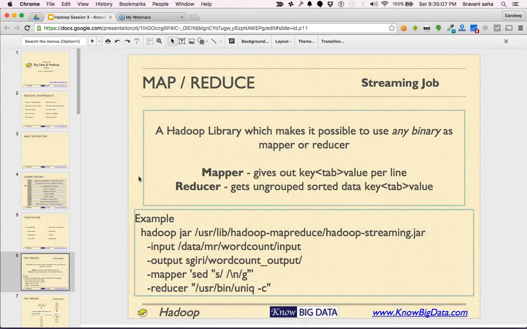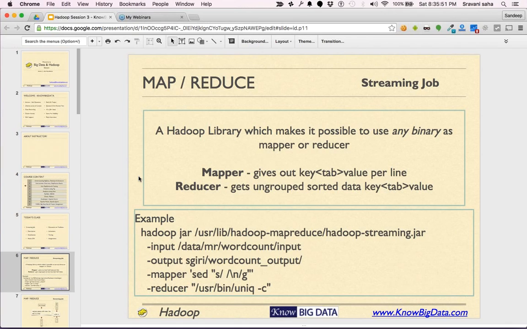Why am I talking about the Hadoop streaming library before Java? There are many people in this class who are not very well conversant with Java, but are conversant with one programming language or another. And we have already talked about pipelining of commands, right? Therefore, it will become extremely simplified. In my honest opinion, before starting to write MapReduce in Java, you should always try to get your work done through a Hadoop streaming job.